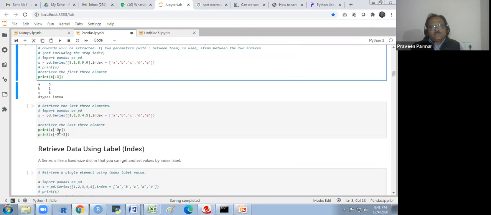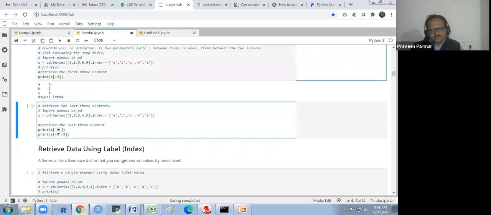Here you see the -3 is for reverse order. From the right side, you will select that.